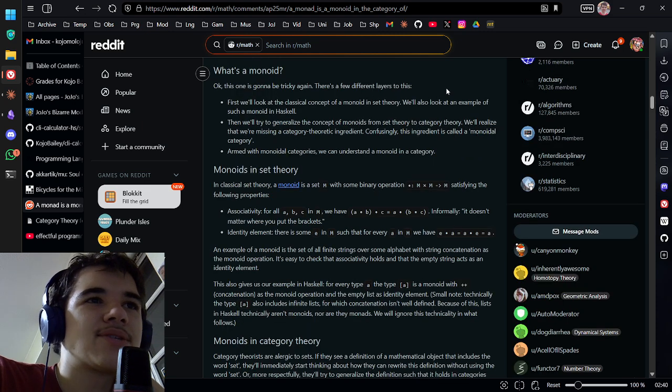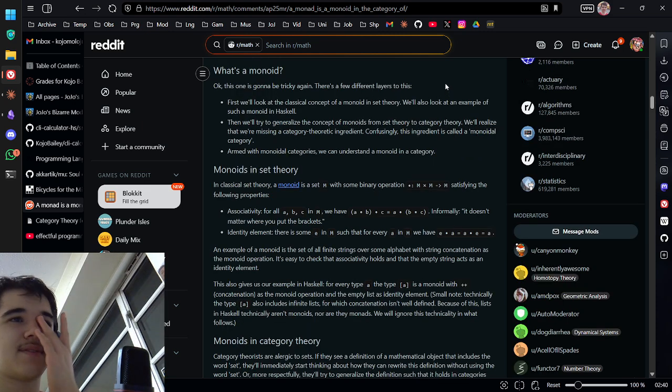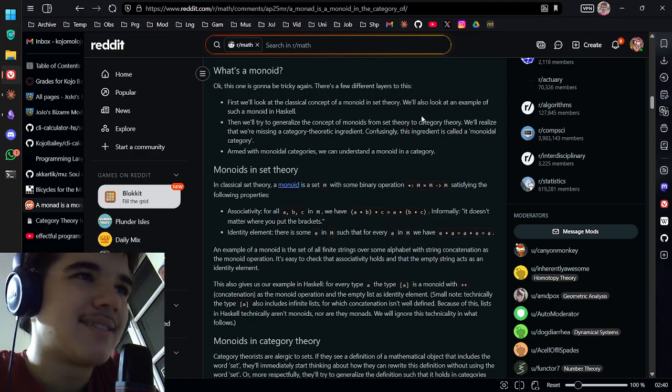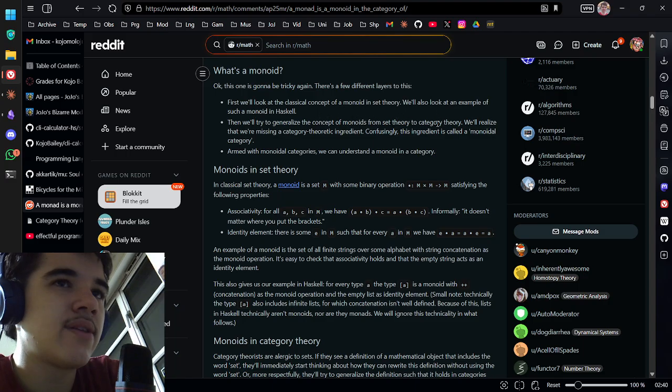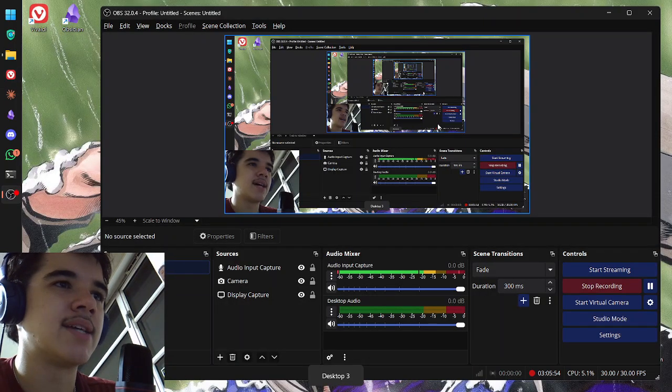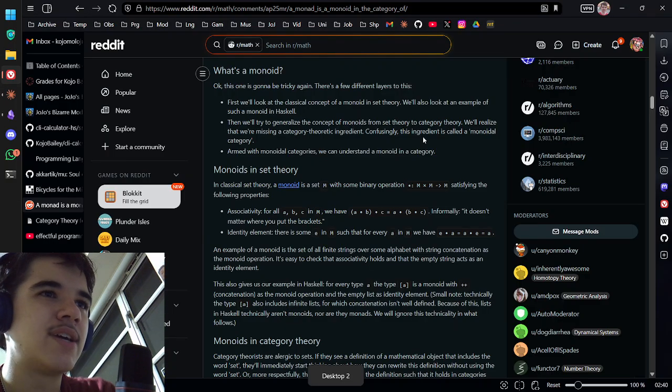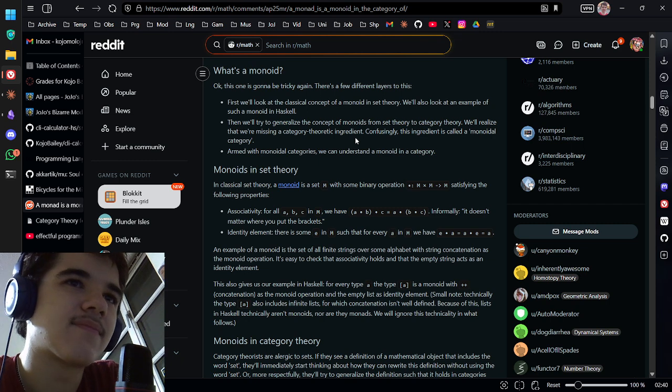Okay. First, look at the classical concept of monoid in set theory. Yeah, so there's the one in set theory. Okay, so I was correct to look into set theory's one, and probably should have started there. And then we'll also look at an example of such a monoid in Haskell. Okay, so then you have to generalize from set theory to category theory, and then realize that what we're missing is a category theoretic ingredient, a monoidal category,